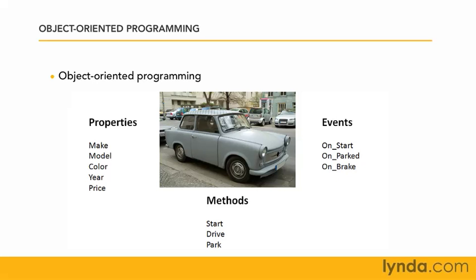Things that can happen to a car are called events. Some events mirror the object's methods, such as the car being started or being parked. The difference is that when an event such as a car being started occurs, the program detects the change in the car's state and runs any instructions you want to be run when that event occurs. For example, your car's onboard computer could be programmed to turn on the car's headlights when you start it. If you create an event called car on start, the instructions you include in that event's definition will run whenever